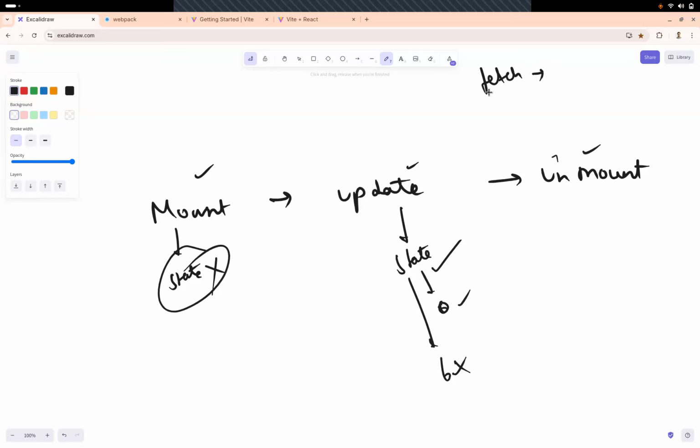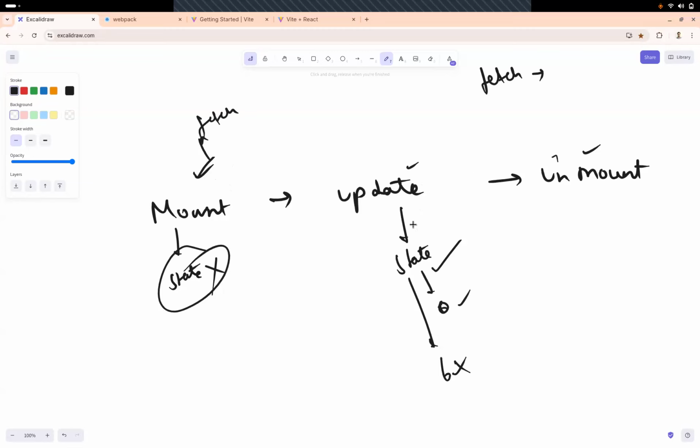If you want to show the user some data, do you want to wait for the component to mount and settle completely, and then start updating it? Does the user have to click on a button to fetch the data? Do they have to trigger any event to fetch the data? No, they don't have to trigger an event. By default, the data should be shown. So whenever the component is mounting, we have to fetch the data and show it, right?